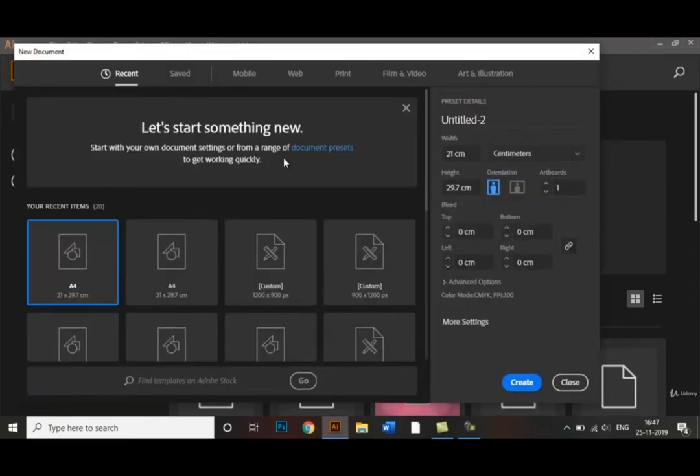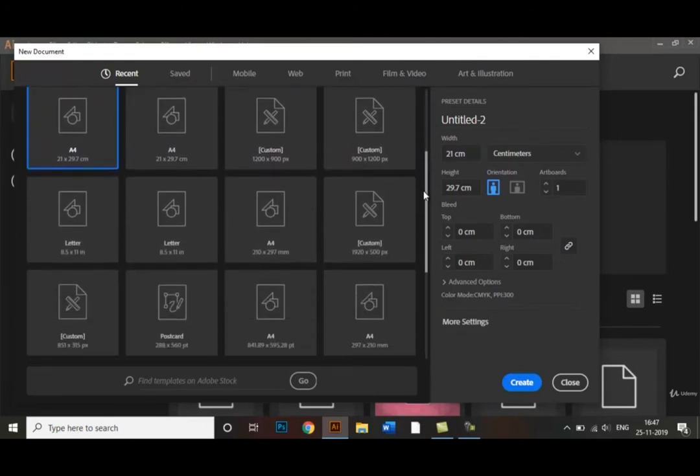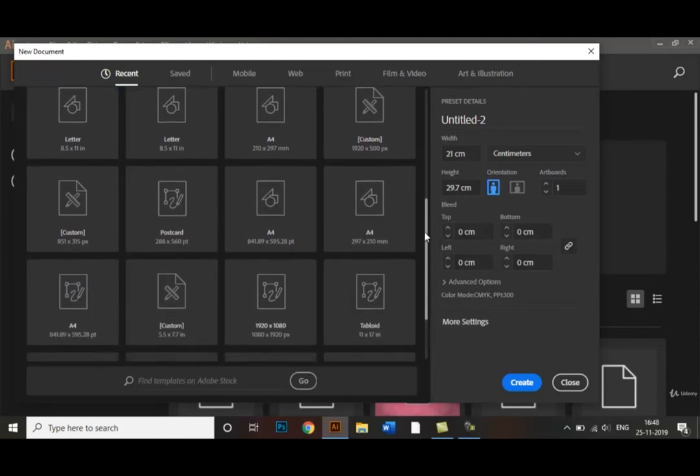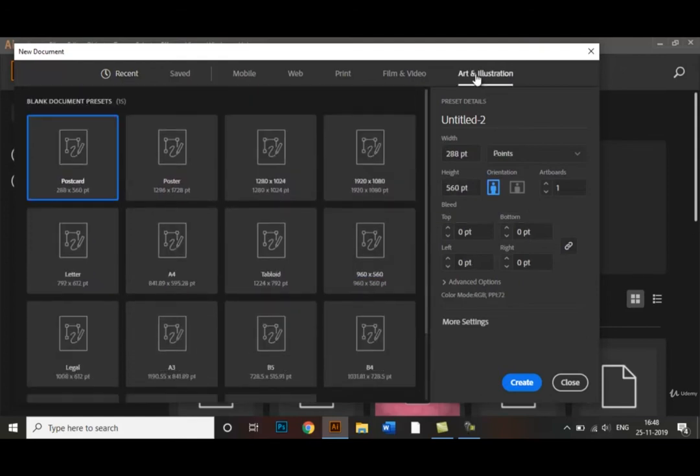As you can see right here, Adobe Illustrator provides a much bigger variety of documents. Feel free to choose any of these document sizes as you please, and feel free to explore more options from here. The sizes can vary from an A3 size to a legal paper size, A4 size, a letterhead, a tabloid format. It's quite a lot. But for this video, I will be sticking to